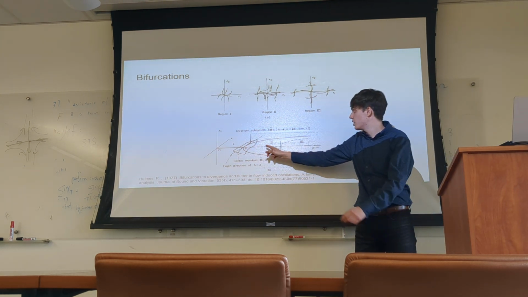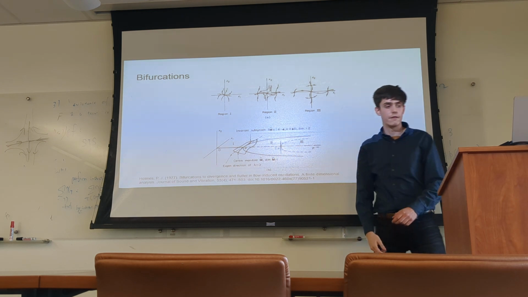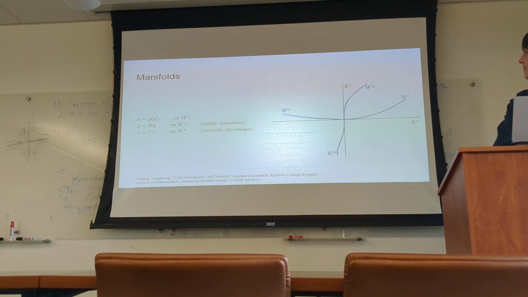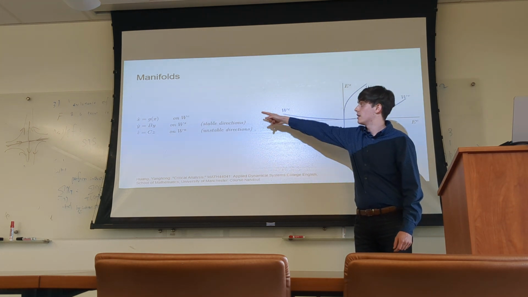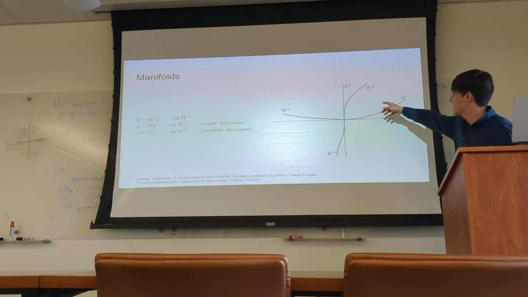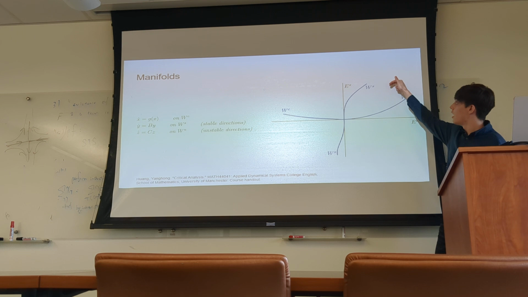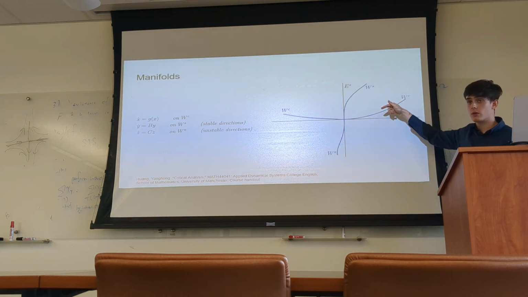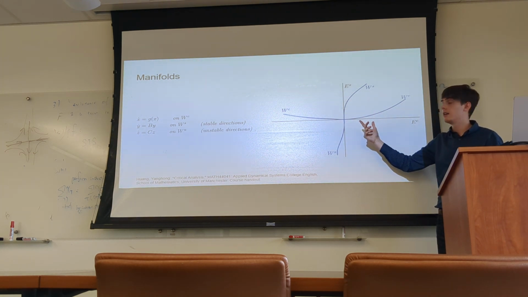But when you cross this region, we can actually reduce the dimensionality of the problem and analyze it along its manifold. And I'm running out of time here, so I need to speed run this. But essentially, you can split up your different eigenvalues, your different vectors into different buckets. You have the stable directions, the unstable directions, and then your center manifold. And in this example, you have a stable manifold and then your center manifold. So along the stable manifold, all solutions will go quickly towards the center manifold. And so if we understand the dynamics of the center manifold, we can have a good qualitative understanding of the